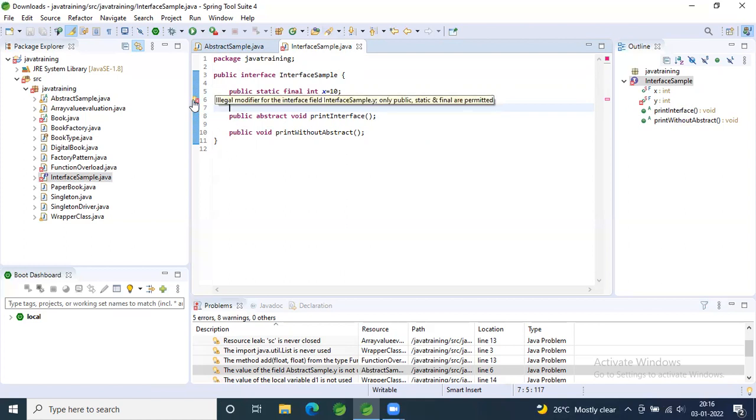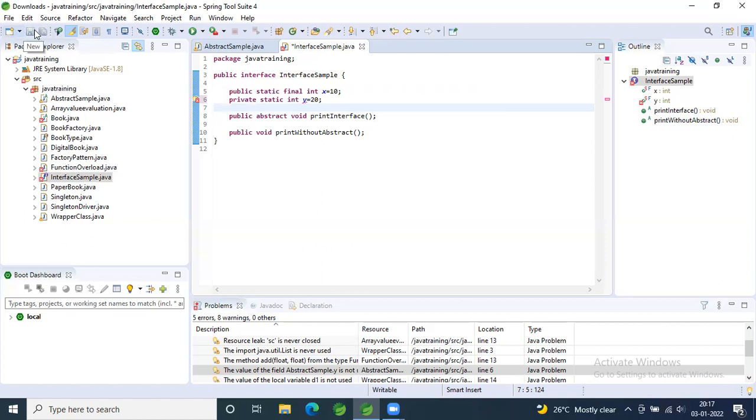In your abstract class, you can have static and non-static variables, final and non-final variables, and any particular access specifier. But in case of an interface, all the variables you declare are by default public, static, final. Only these combinations are allowed. None of the other combinations are allowed in the interface. So right now your private, if it had the keyword static or final, this would have been possible syntax, 100% successful syntax. So either add static or final there. Save it.